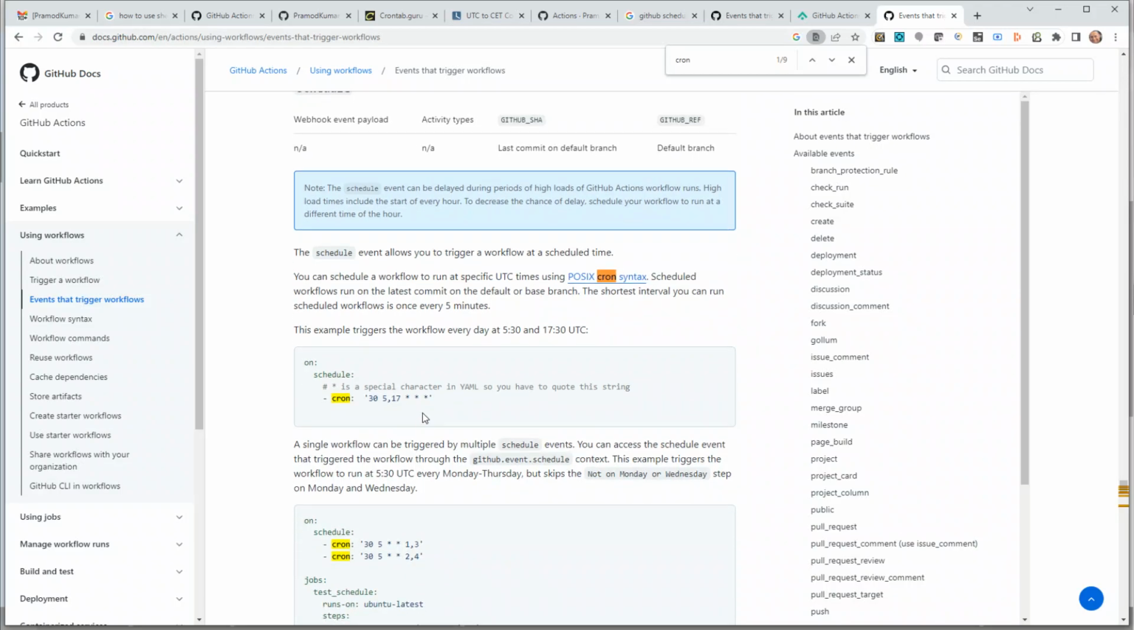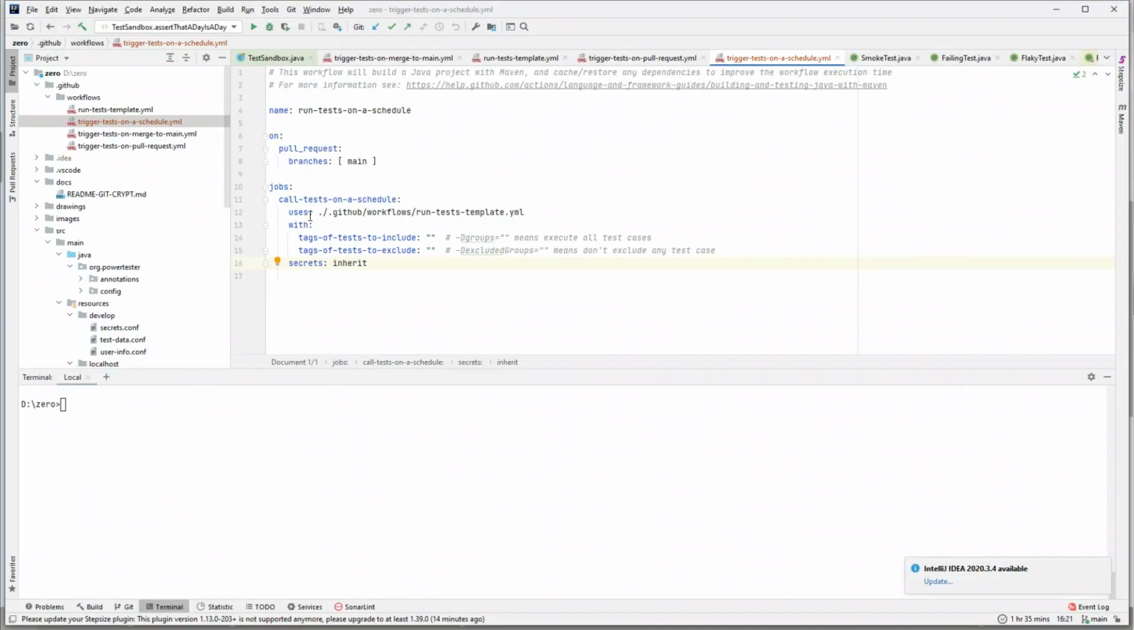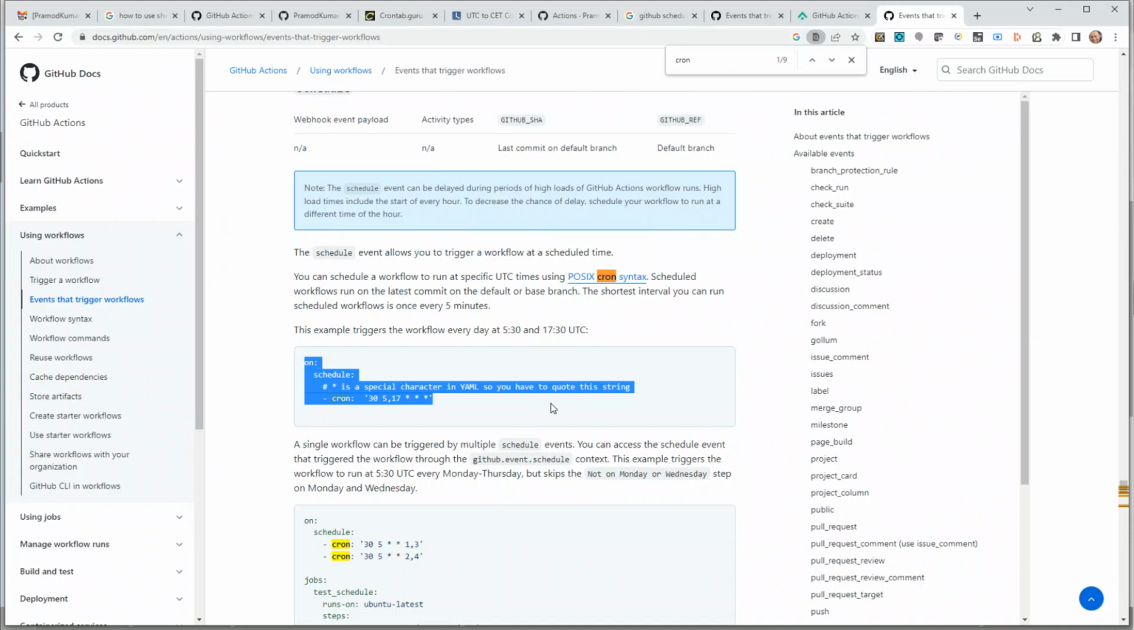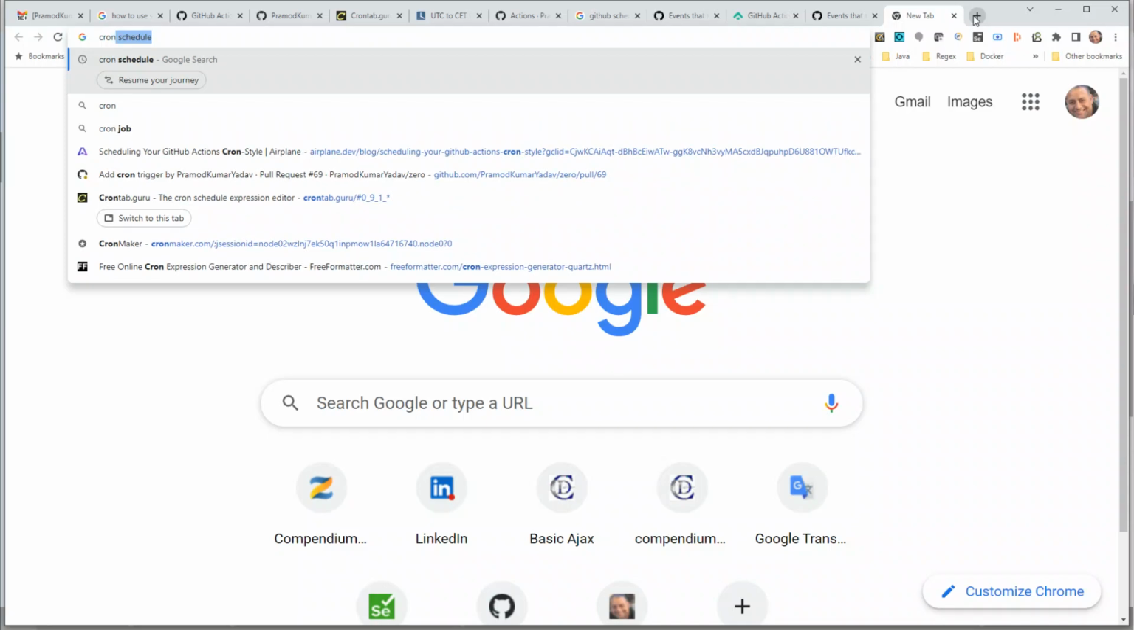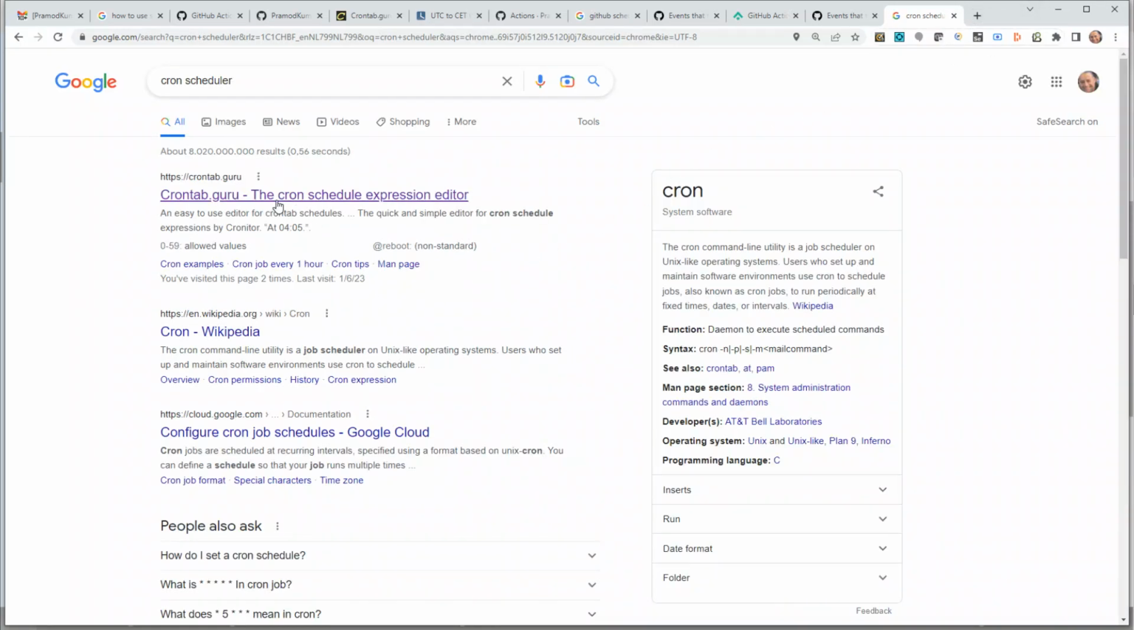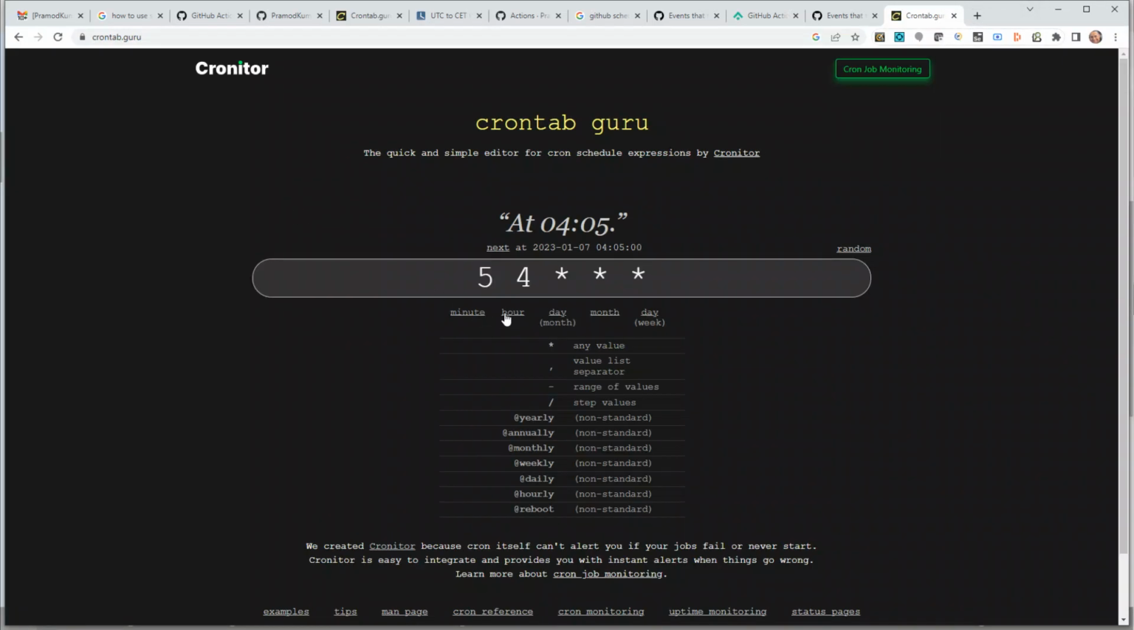So for now, let's make a copy of this and let's go back. And let's change our trigger from pull request to schedule. You might not understand what these numbers mean, right? So there's a good online tool for this. Let's say if you search for a cron scheduler, enter. Crontab Guru is a very good online tool that you can use to try out,